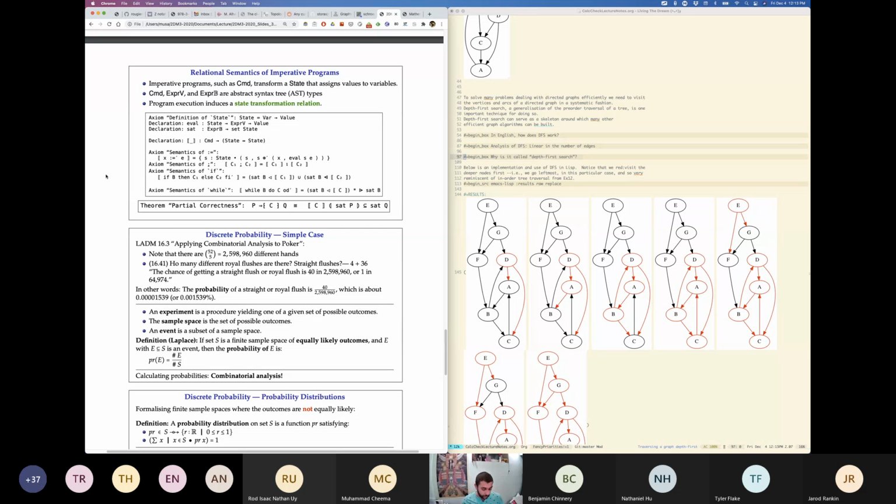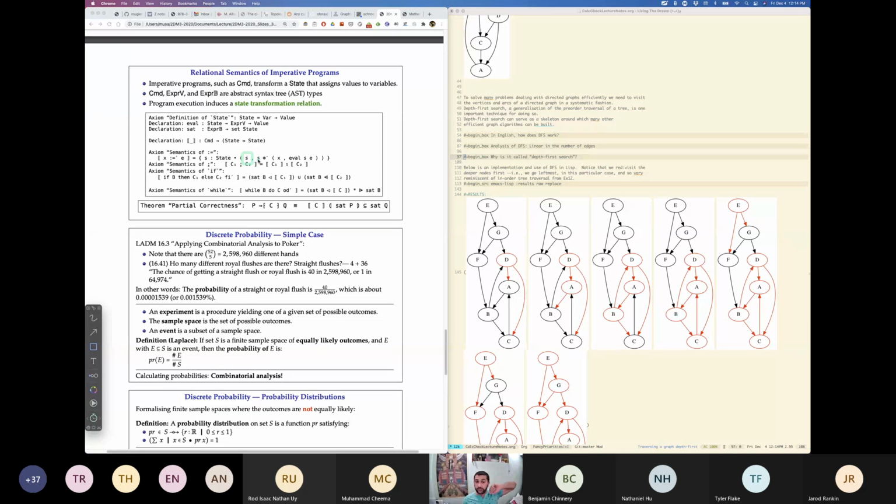Okay, so for example, we can take a command and we can think of it as a relation between states, right? Remember, a state is an assignment of values to variables, right? So we can say every command is really a relation between states, and that's how we think about it, right? So an assignment command, we think of it as taking a state S to the new state, right? That maps X to the evaluation of E under S. Okay, so X becomes E means whatever state your computer was in before,